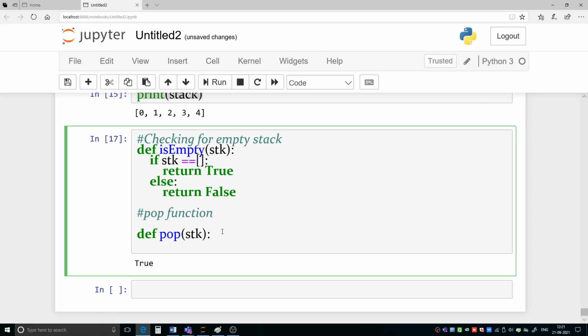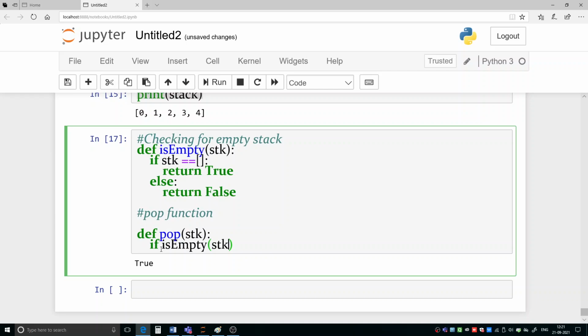Okay. So before doing the pop operation, first of all we will be checking whether the stack is empty or not. If the stack is empty, then popping is not possible, that we can write here. So let us do that one. First let me write here, if is empty and this stk.